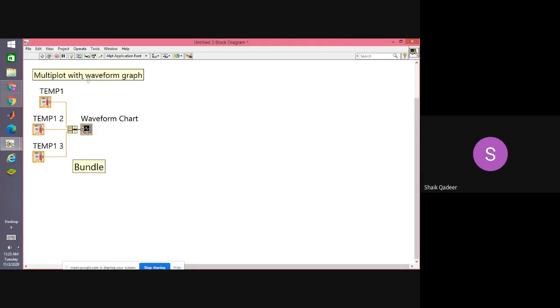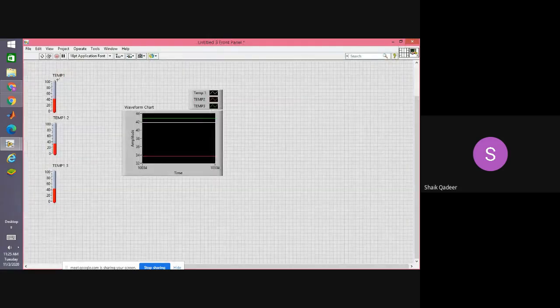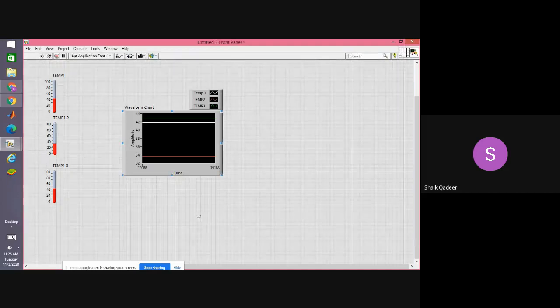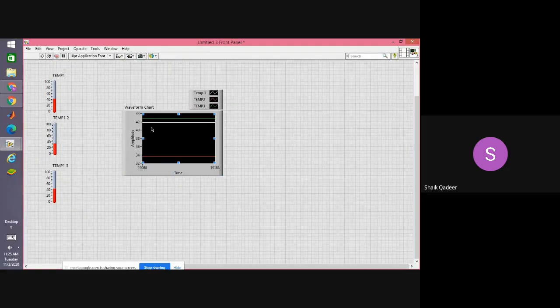By pressing the key Control E, we can go to front panel. Now again press the button, run continuously. You see, we are getting a CRO kind of display having three different y-axis plots. The x-axis is one more thing. These three inputs we are applying are all connected to y-axis.